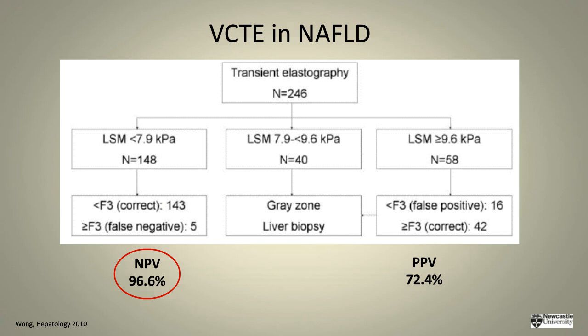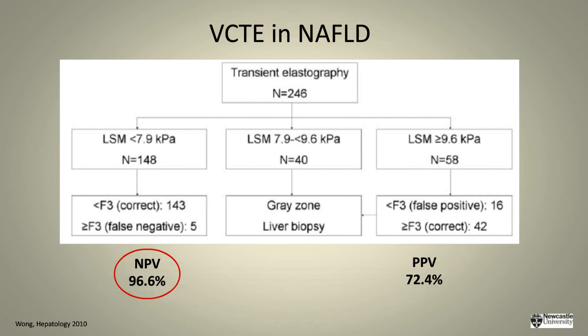But where is this test useful? And this is where I think this test is highly effective, and that is in ruling out people with fatty liver. So remember, 100 million Americans, give or take 10 million, have fatty liver. And the majority of them, 75 to 80%, have isolated steatosis, or NAFLD. They're going to grow old with their fatty liver. So we want a test that can exclude that 80% of patients. And I think this test has a high negative predictive value and does very good at excluding people with disease.